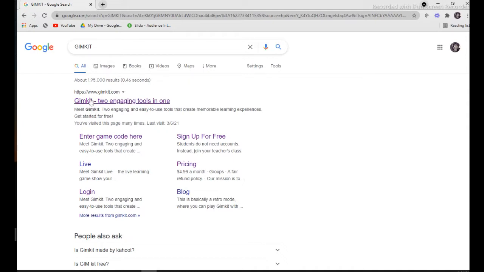On this page, the first step: GimKit, 2 engaging tools in one. I'm just going to click that. The tagline itself, 2 engaging tools in one, means question and game together in one tool. That is called GimKit. I have already signed in, so it will direct me